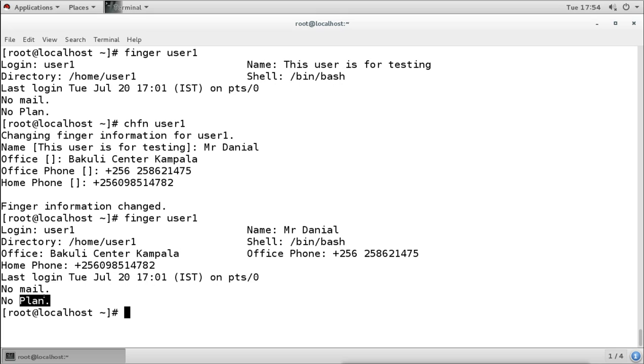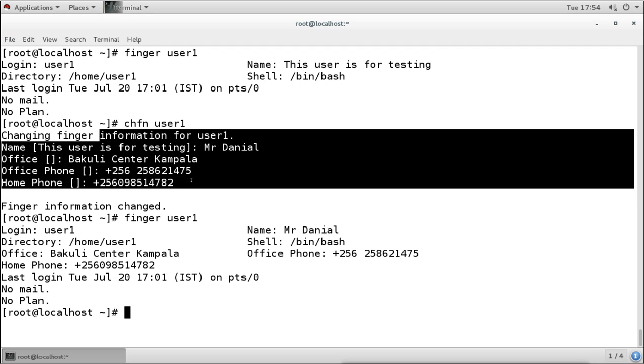So by using this finger command, we can see the information about the user, and we can add this additional information about the user. Now again, I am saying this is additional information, because remember, whatever you configure in Linux, you have to configure it into the configuration file, otherwise it will not be permanent. I did this configuration directly on the command terminal, but it is a permanent change because it has been added into the configuration file.